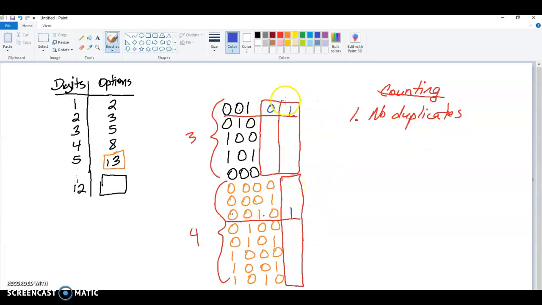So this would be a duplicate, and suddenly I would not have 13 unique solutions. So I need to make sure I don't have any duplicates. I also make sure